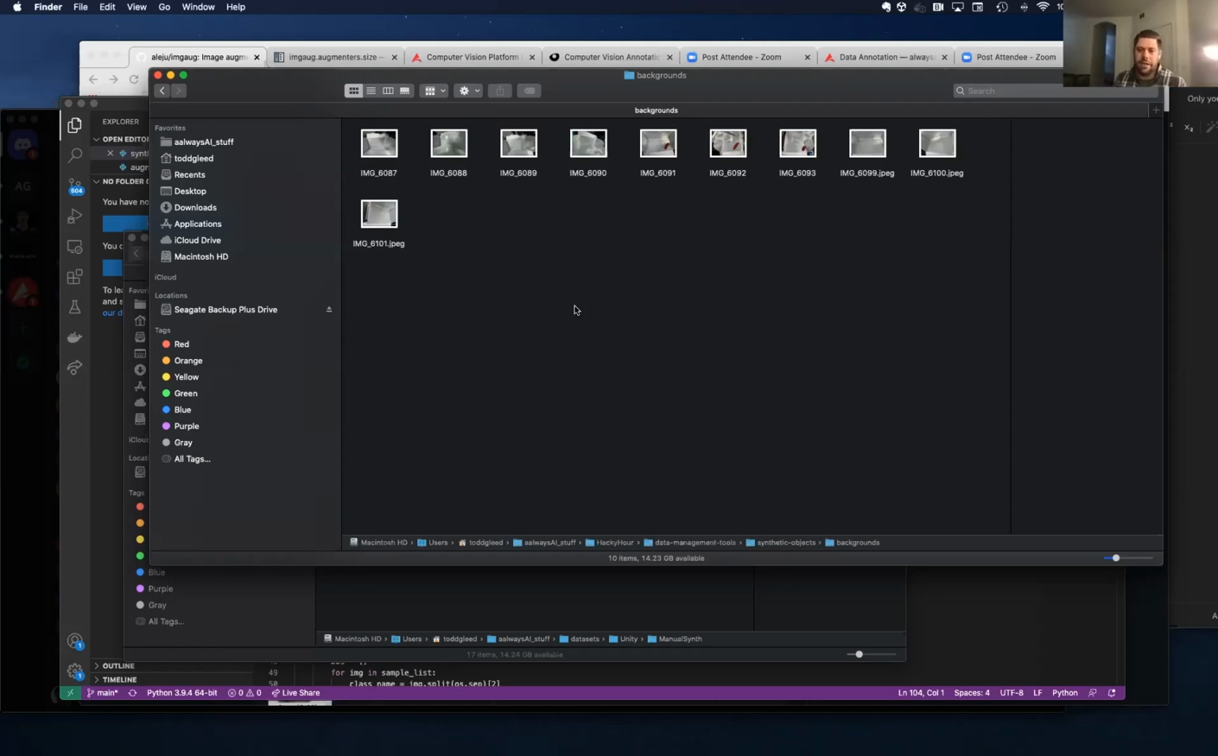This is good if you can't get out and capture data in the environment where you're going to deploy your model. You can find images of that area. You can augment those images. You can try and get a large number of backgrounds. That's really going to help the robustness of your model. These are the base images that we're going to put the assets on,